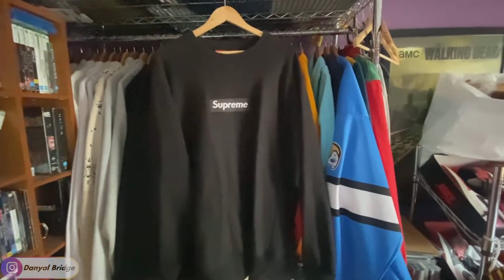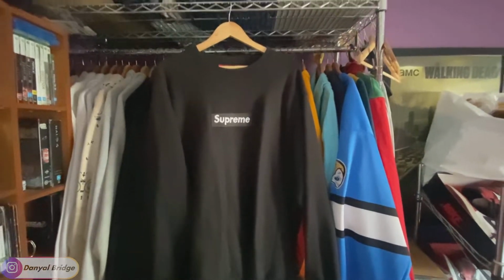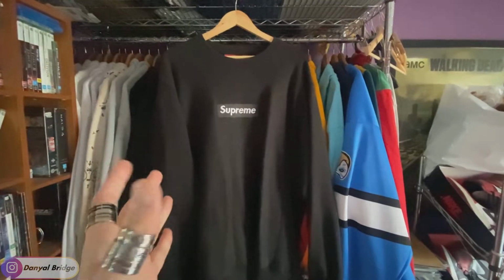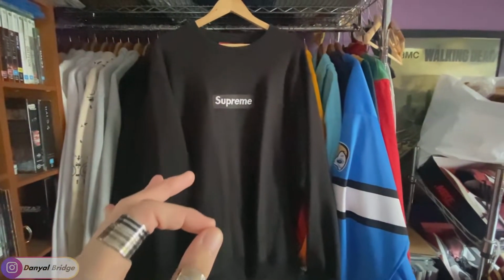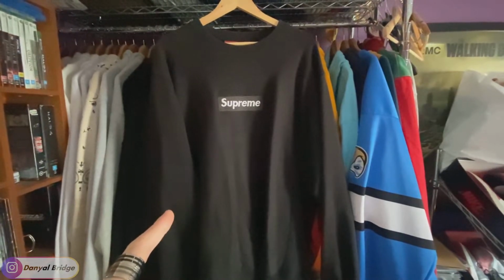Well, I guess we'll start it off with the first piece, which is my only Crewneck, which is this Supreme black on black Bogo. Now this one is old. I think it's actually over 20 years old. I cannot remember which year I dated this at, but this one is from the very, very early 2000s. It's